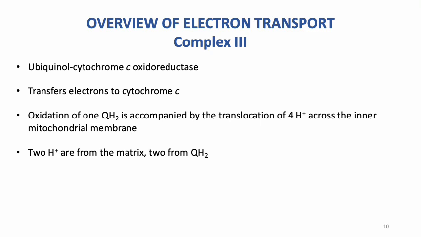Now, the oxidation of one molecule of QH2 in this complex is accompanied by the translocation of 4 protons across the inner mitochondrial membrane. So this complex, as you will see, is involved in the production of energy, and of these 4 protons, 2 of them come from the matrix and 2 of them come from